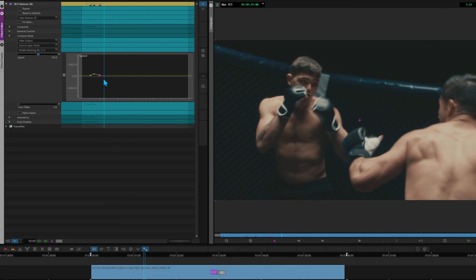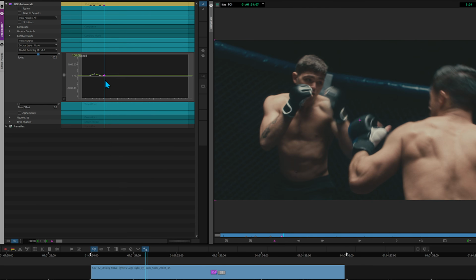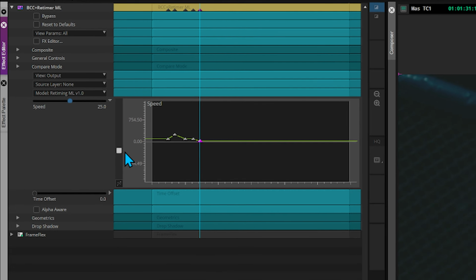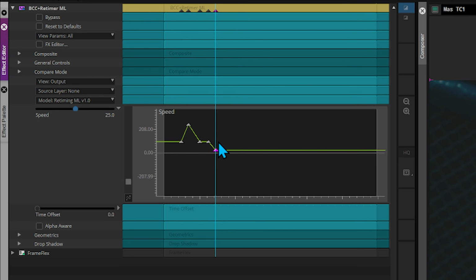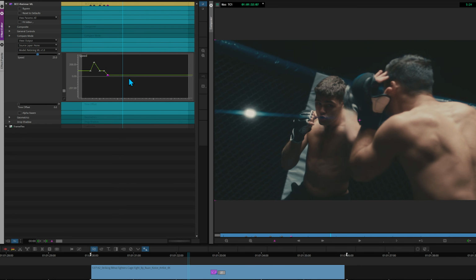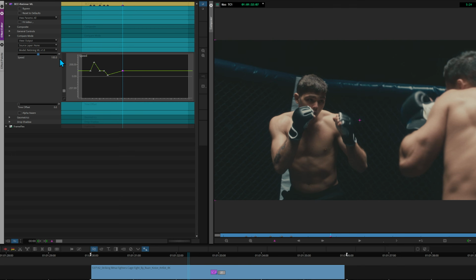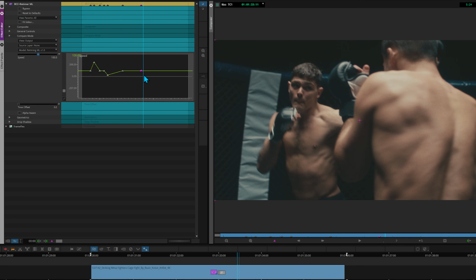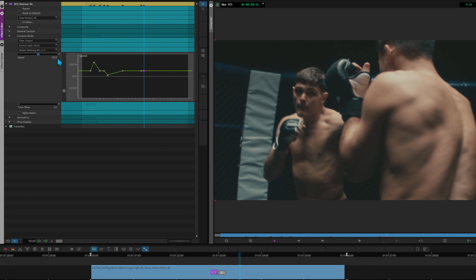And just as the guy on the right starts swinging, let's add a keyframe to go from normal, and let's make the slowest point where he blocks. And type in 25. Let's change the view so we can see what's happening here. We're normal, we're fast, we're normal, we're slow, and let's go back to normal here. Type in 100, and now before his next punch, add another keyframe at normal speed, and just as he extends his arm, let's add another one at